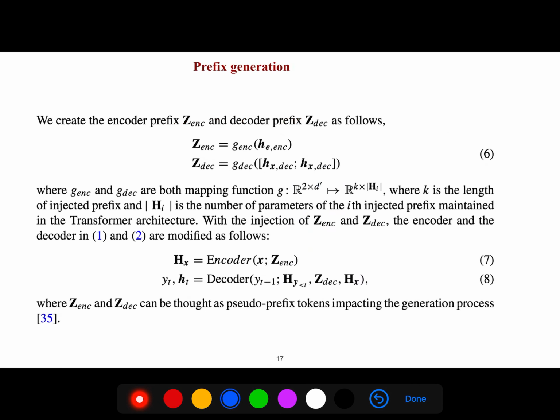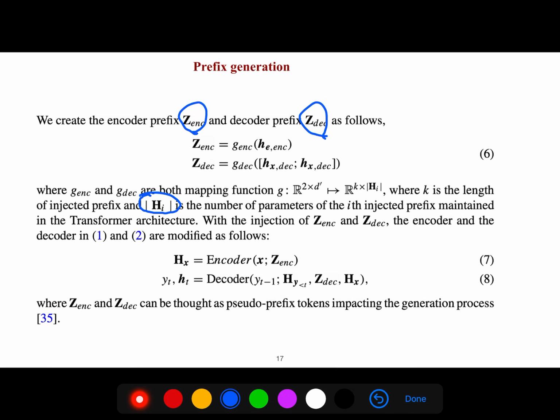But how do we generate that prefix? There is another module, we call it the prefix generator. We create the encoder prefix, z sub encoder, and the decoder prefix. So we just generate them. And k is the length of the injected prefix, and this is the cardinality of h sub i.